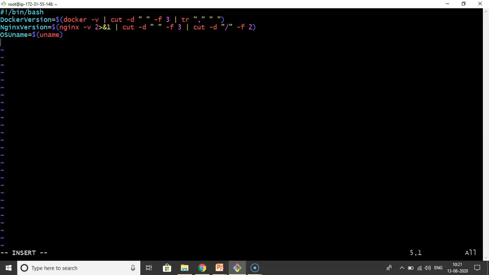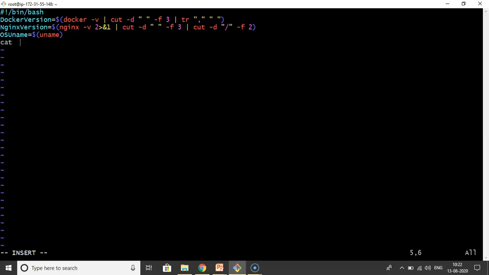Now let me display these three commands' information. For that we can use either echo or the cat command. Actually, the cat command is more powerful than the echo command in some situations. So here I am going with the cat command only. Why? Because while sending mails, it is very easy if you go with the cat command. Now first let me try to display these three commands' information using the cat command.